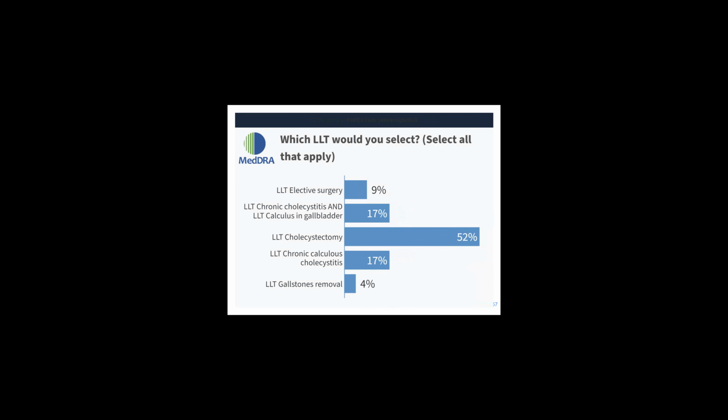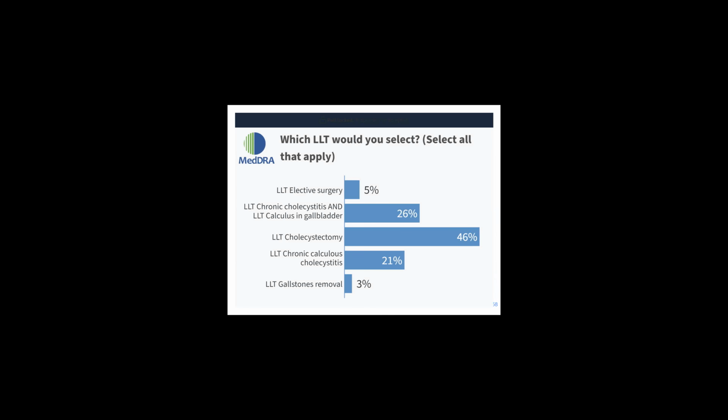And several would split chronic cholecystitis and calculus in gallbladder. Others would select chronic calculus cholecystitis. So we have a split of opinions here. Also, elective surgery and gallstones removal would be an option for some attendees. So here we are. So cholecystectomy, I think this is in agreement, but it's not fully clear how to capture the chronic